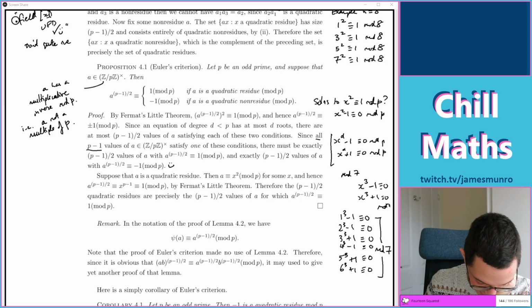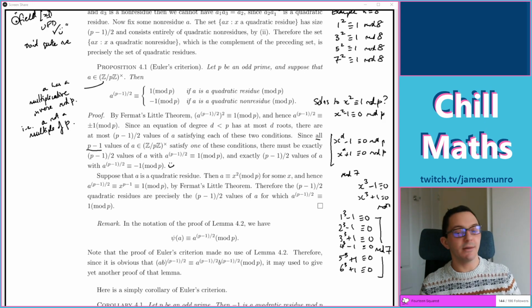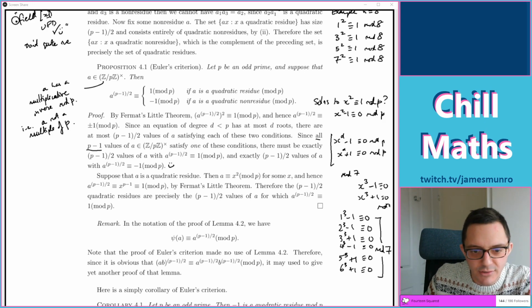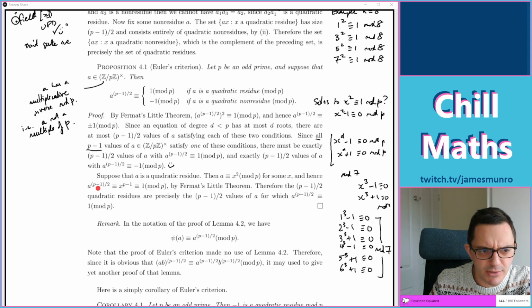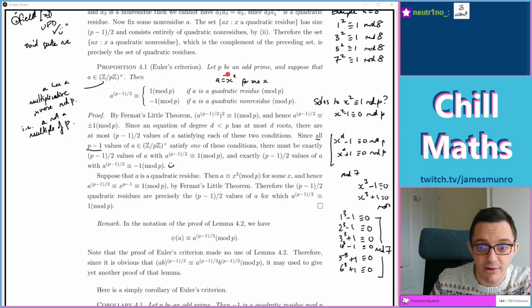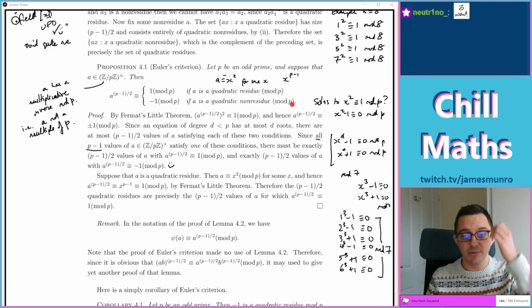Exactly. So, okay, smiley face for this. They've got to solve one or the other. Okay, so if a is a quadratic residue, this has got to come in somewhere, hasn't it? Then a is x squared, and hence a to the (p minus 1) over 2. Okay, so do the big power to find out which one of these it is. Oh, I see, I'm being silly. So up here I said I can't see where quadratic residues are going to come in. So I should have really written a as x squared for some x. And that's a bit like squaring as well, because the squares go inside. So x to the p minus 1. Right, Fermat's little theorem, that's 1.